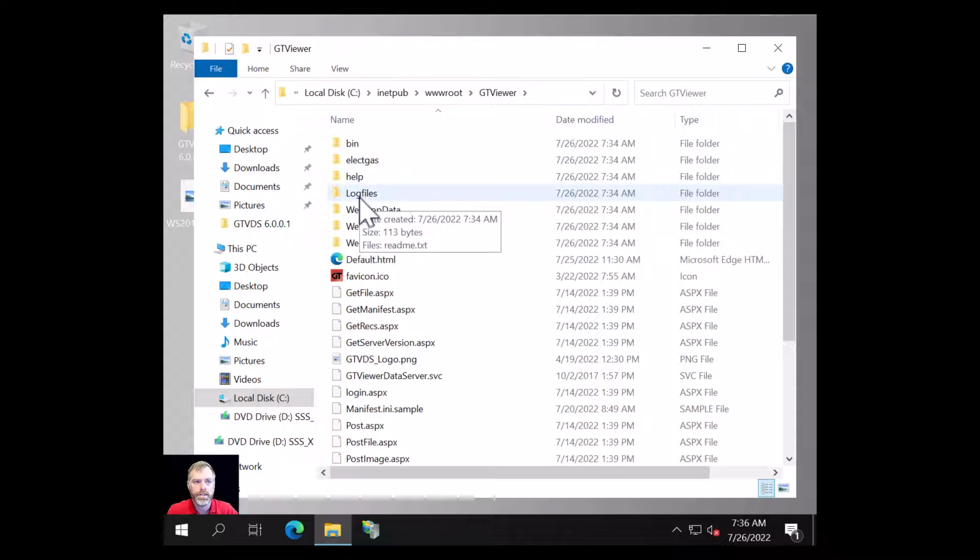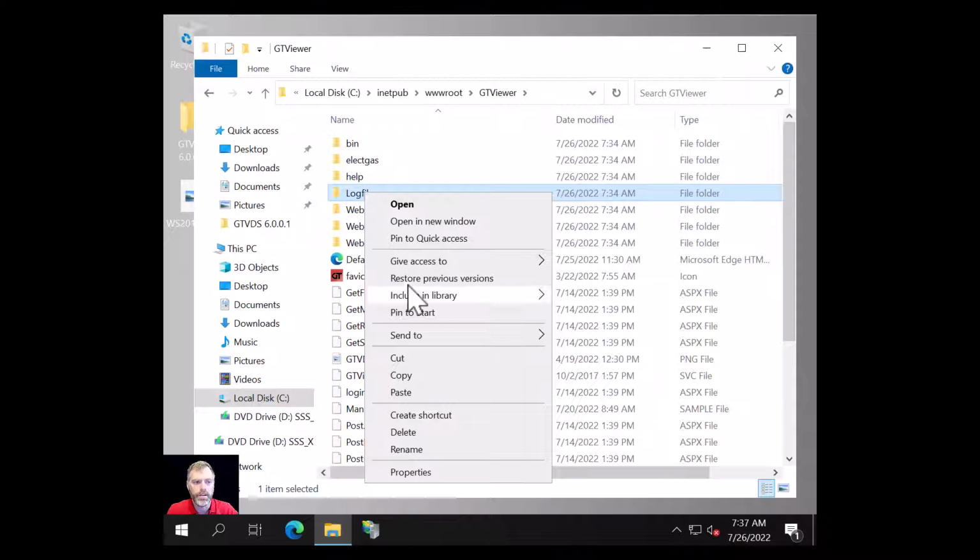It must have it to the log file directory, and depending on what you're using GTViewer for iOS and Android for, if you're using data collection or you're sharing red lines, then you'll also have to add write permission for your application pool user to these web app directories. I'm just going to do it for the log file directory. It's the same process for all four, and if you need to add those permissions, this is when you would do it.